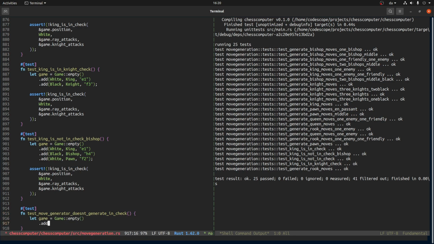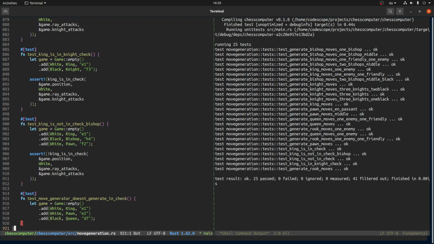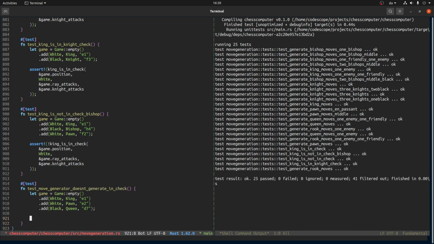And now the easiest way to do that, I think, is to add a king at e1. Let's add a pawn at e2. And finally, let's add an enemy queen at d7 or whatever. Now the king should not go to d1 or d2, but it should, so if we say